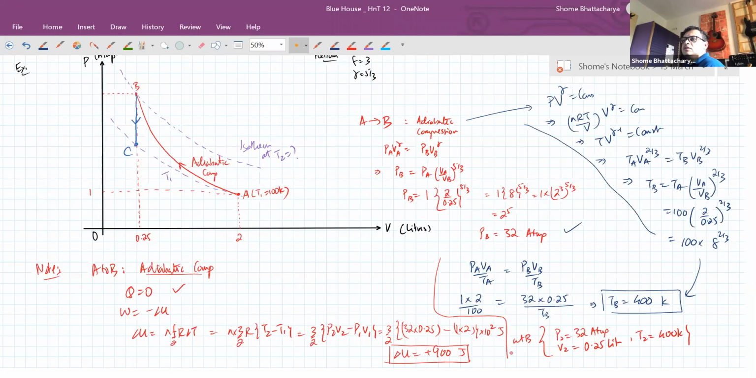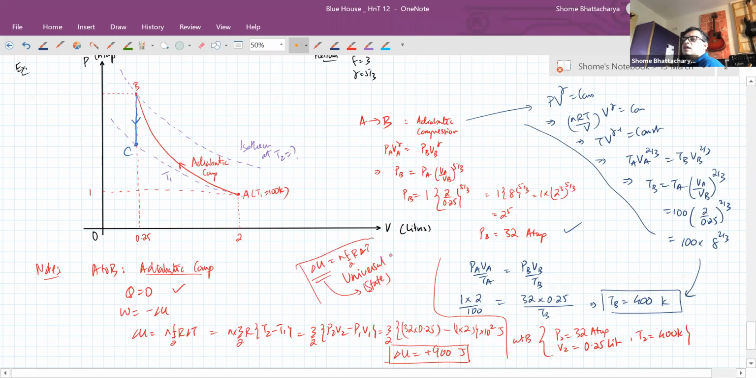Shikhar, the formula that delta U is universal because delta U is a state function. So this formula is universal because delta U is what kind of quantity? It is a state function. Okay, but the other formulae that Q is 0, so W is minus of delta U, those are specific to adiabatic. Like that for isobaric, Q is nCP delta T. For isothermal, Q is not defined in that way. Q is defined as